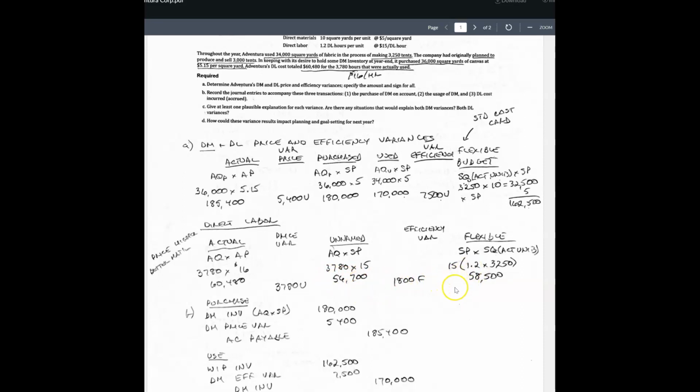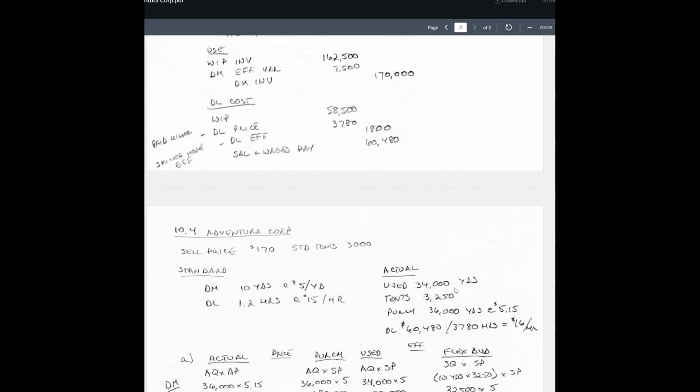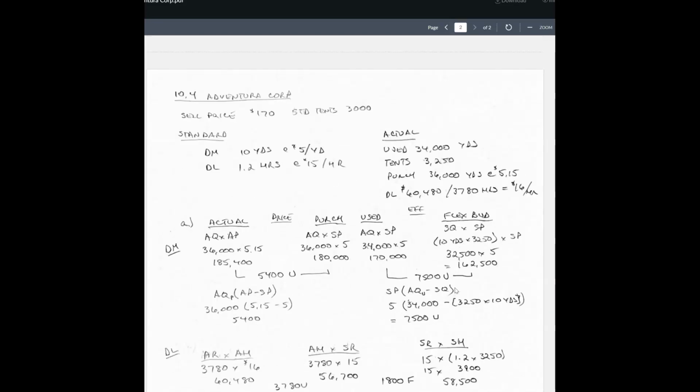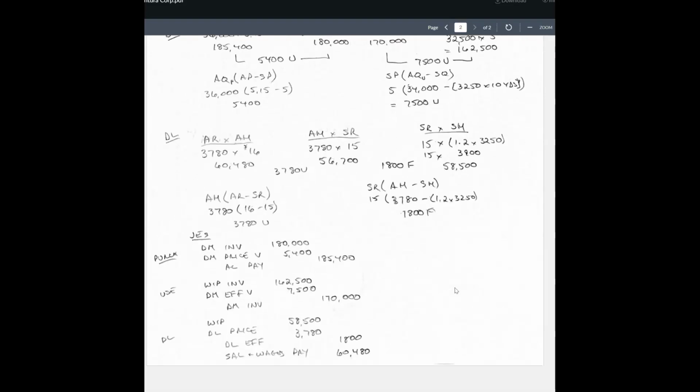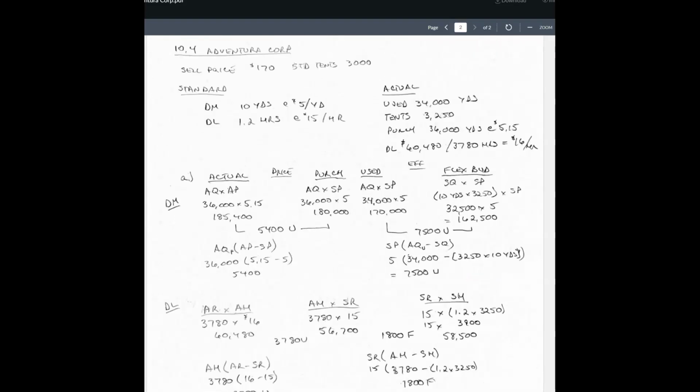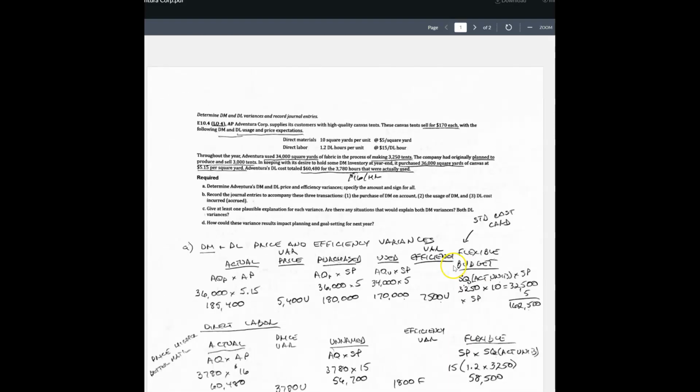All right. What else do we have then? Then we have to move down here to this one. Yeah. They asked for the journal entries here. So we just did direct material and direct labor, price and efficiency, and then we record the journal entries to accompany these transactions. So it's purchase,